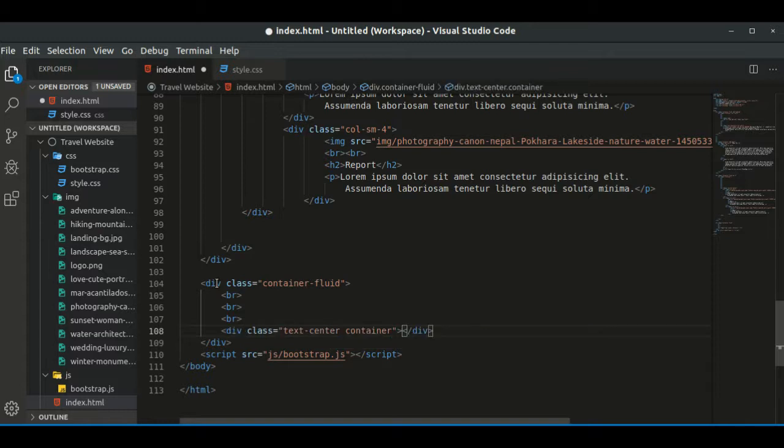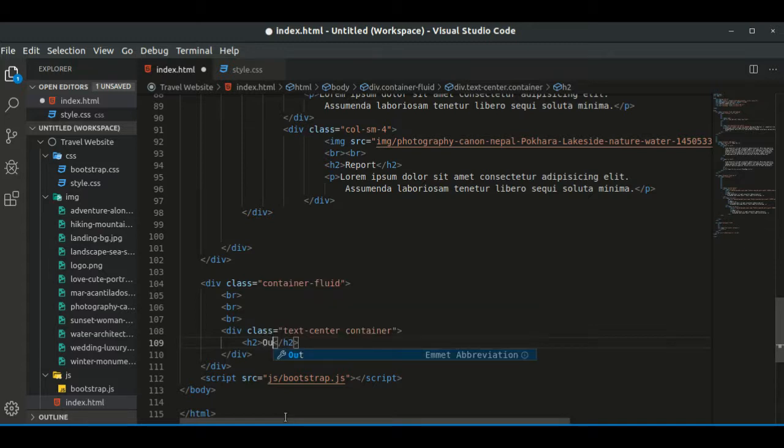From the beginning I said what does container-fluid do and what does container do. Okay,